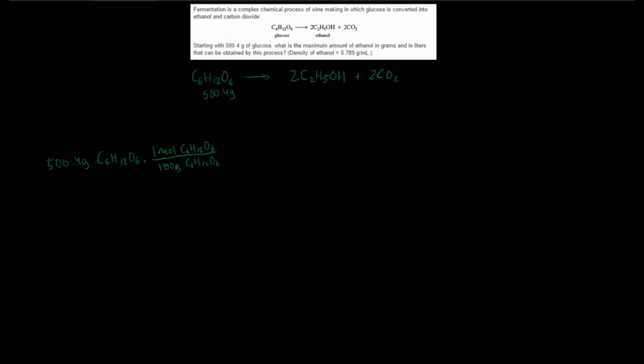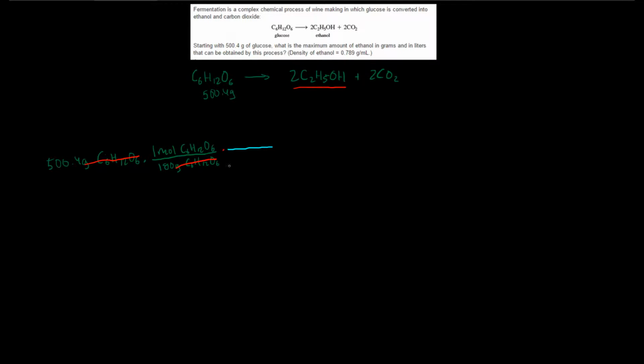When you're able to do that, you're able to cancel out the units, and you're left with just moles of glucose. However, that's not what the question's asking. We need to find out the maximum amount of ethanol in grams and in liters. So we want to convert to ethanol here. We need to use the molar ratio between them, like we saw in the molar map video. And so the molar ratio between them is, for every 1 mole of glucose, we produce 2 moles of